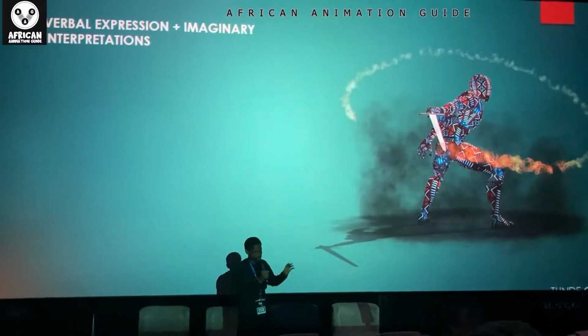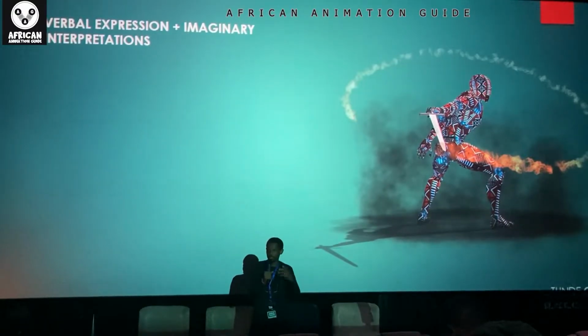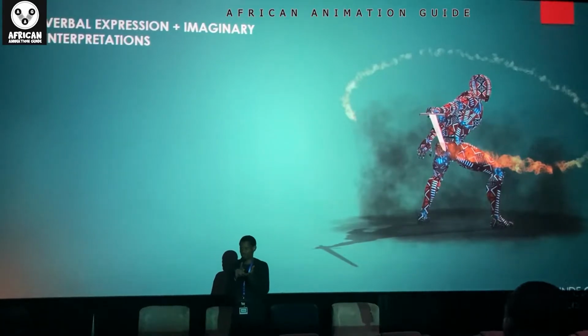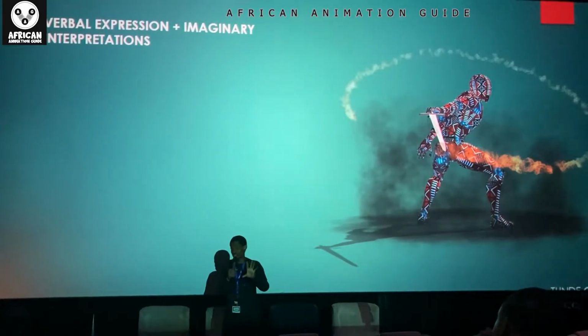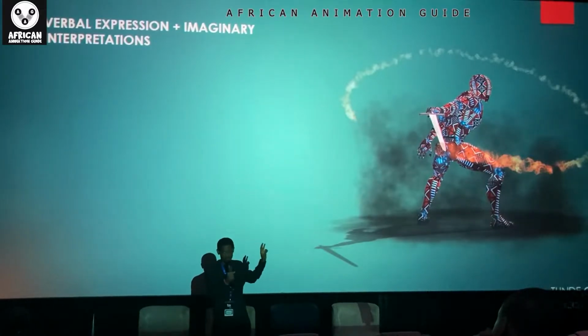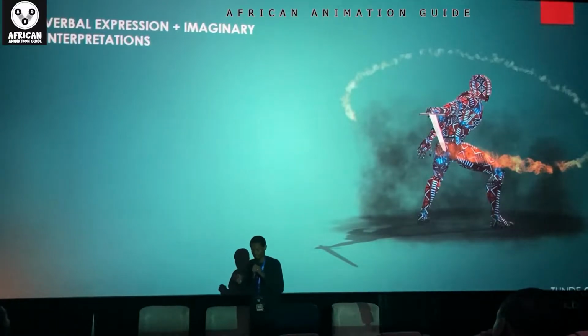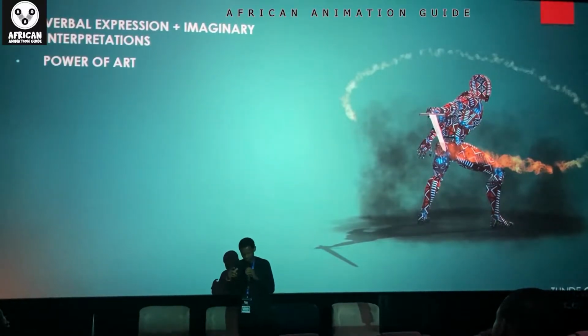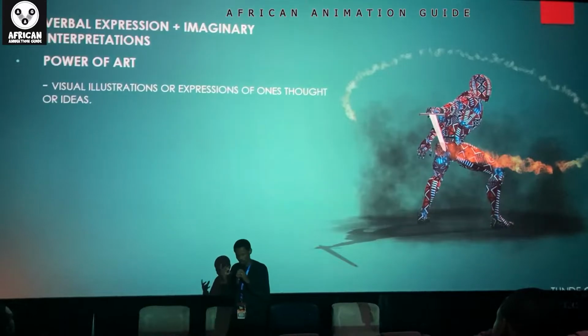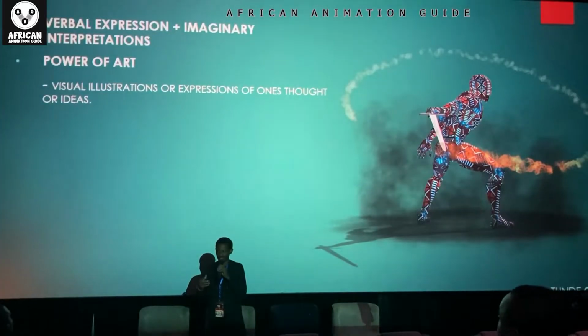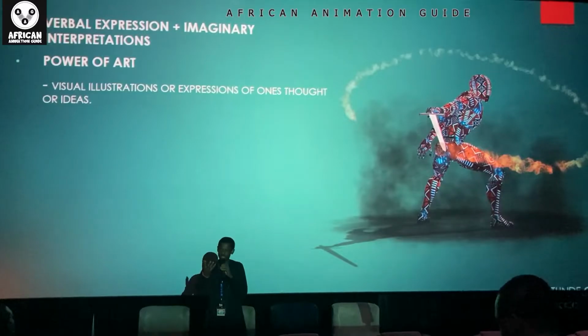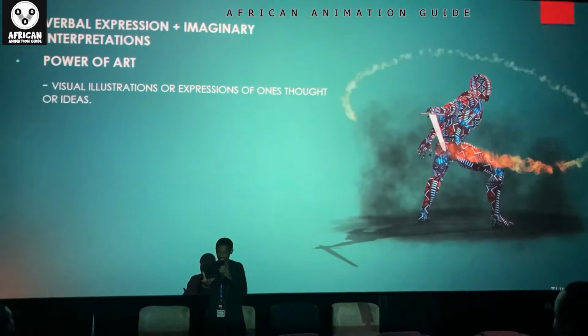Now let's create a scenario that the screen behind me is actually showing the illustration of what I've just verbally expressed. Then we will all see together with our eyes what the man looks like, what the donkey looks like, and how the whole thing played out. And that's the power of art. My definition of art is the visual illustration of one's thought or one's idea. If I've conceived it in my heart and I can present it to you, and then you can see it, then that makes it an artwork.